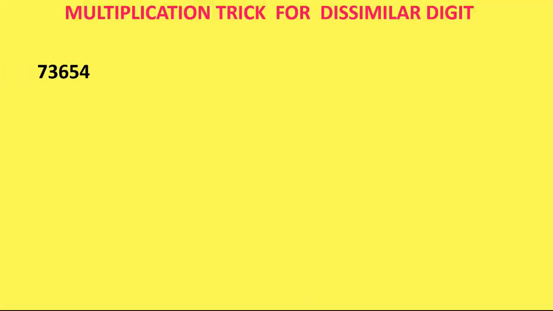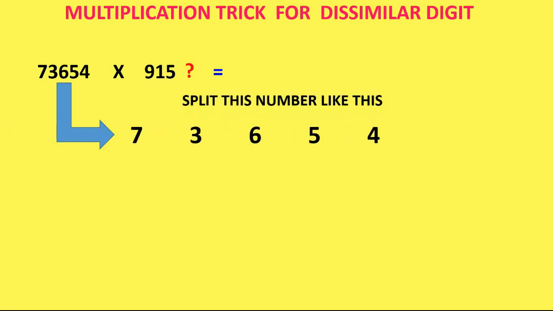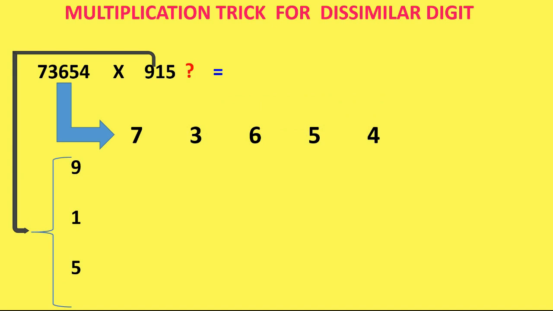Like we will multiply 73654 into 915. Okay, so to multiply, just split this number something like this, and the 915 we have to split like this. Okay. Then what you have to do is